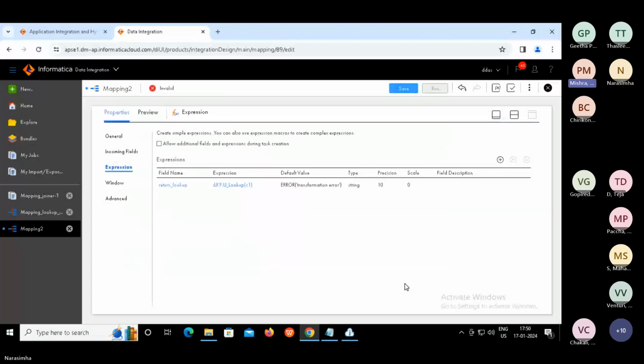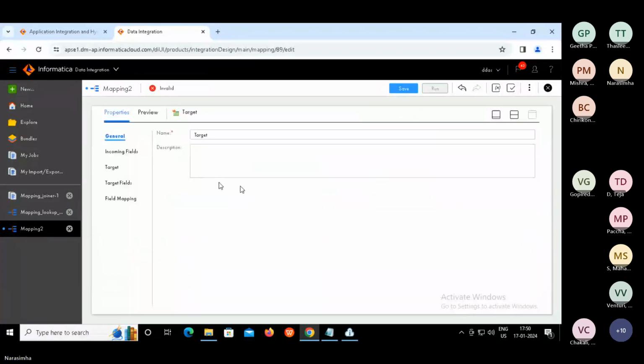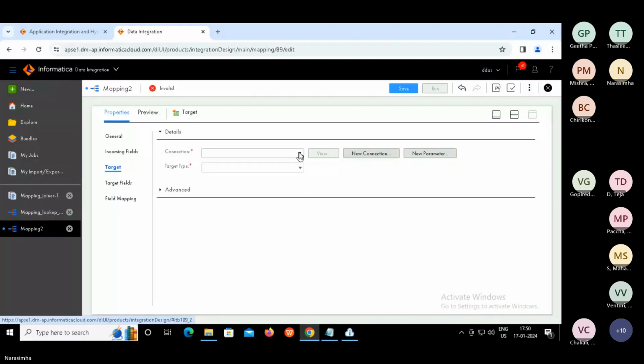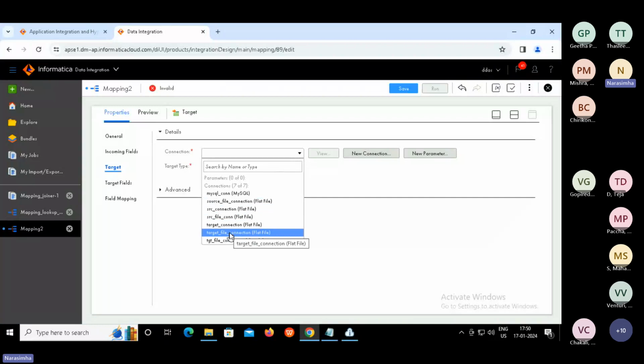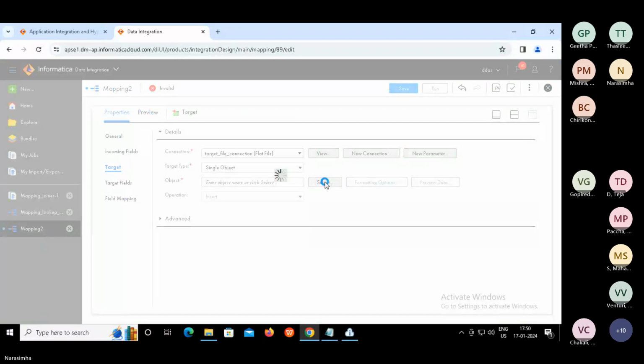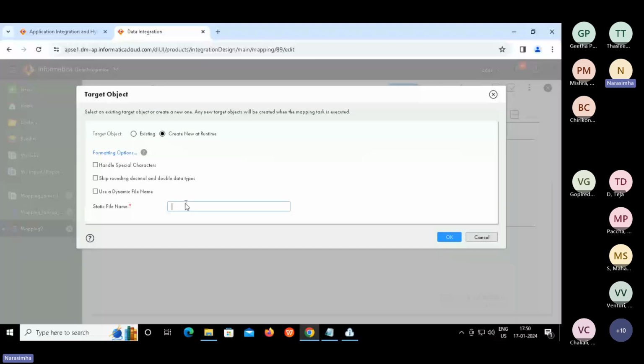Say okay. After that, we map this to a target, configure the target, and specify the target file connection and target file name, which is, let's say, lookup unconnected dot txt.